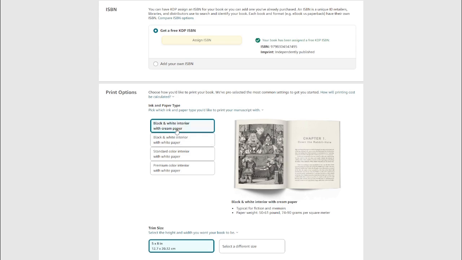Note that cream paper and white paper are your two different choices. If you choose cream paper, you're limited to black and white interior. If you choose white paper, you can have color interiors. All these things change, in effect, how much the book costs to print. Amazon is going to charge you first for the printing costs, and then you'll get royalties on what's left over, basically. And I think cream paper and white paper might have slightly different thicknesses because